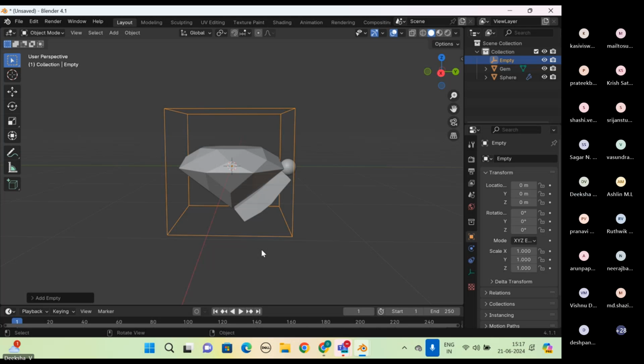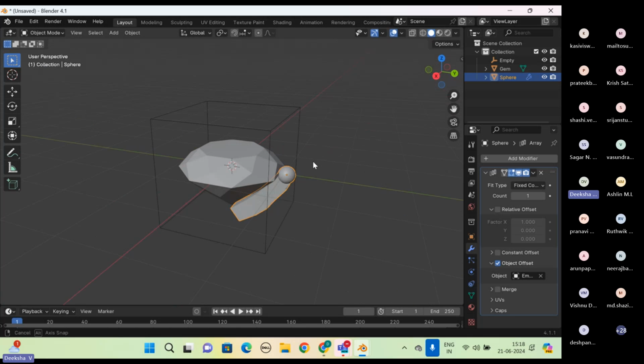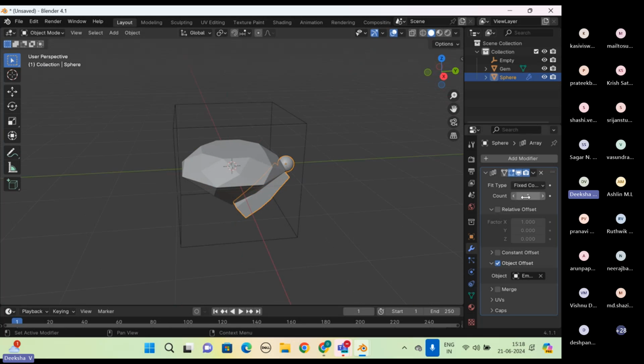Then select the object to which you have applied the array modifier. Then click on your object offset option. In the drop down under object, take the eyedropper and put it on the empty object. So now what happens is, if I increase my count,